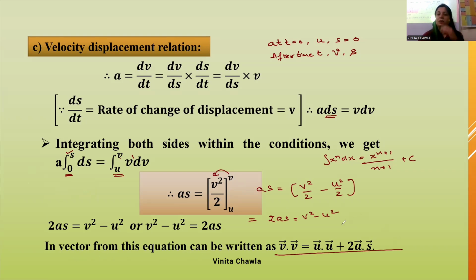And in vector form we have written the equation like this. See, all these variables, they are vectors. Velocity is a vector quantity, acceleration is a vector quantity, displacement is a vector quantity, and when we take the dot product of two vectors, what do we get? 3 hours की क्लास लेने के बाद मुझे याद नहीं आ रहा कि डॉट प्रोडक्ट में क्या था।